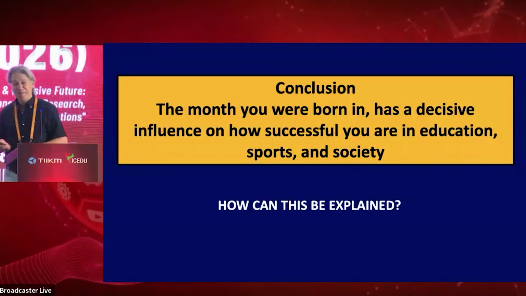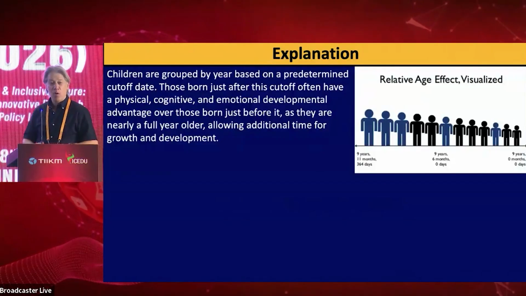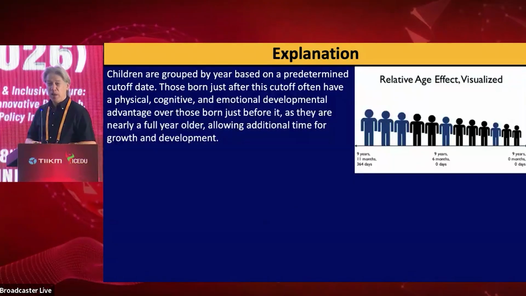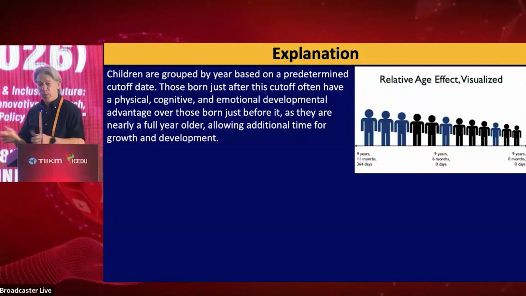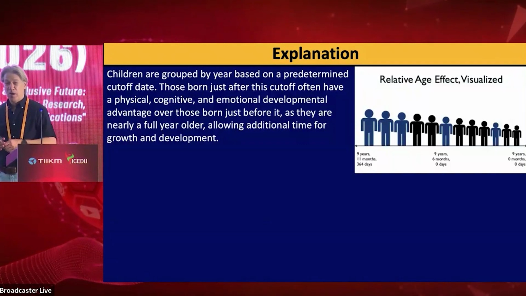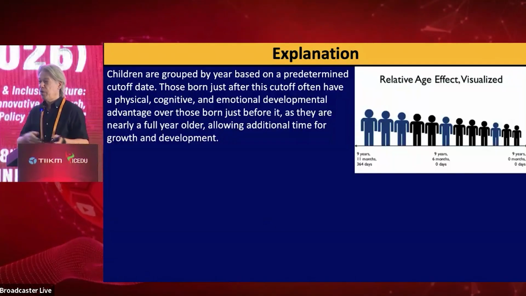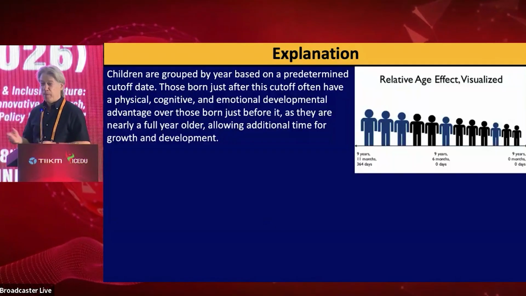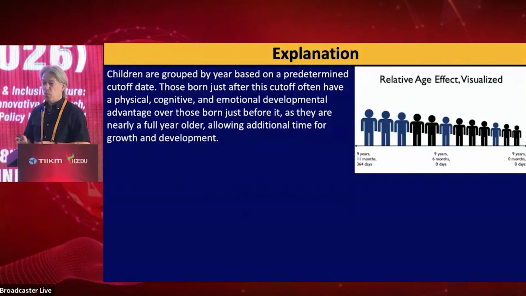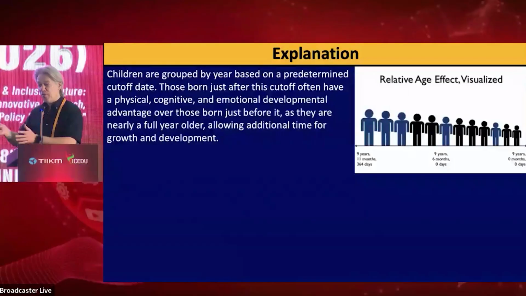So how can this be explained? Of course we know that in sports, but also in education, we work with a classroom class system, and so there is a cut-off date when we enter a class, and so in each class there are children that are almost a year younger than other children. And so at an age of 4, when they enter primary school, or 6, 1 year represents a huge difference. And this difference in biologically more developed children